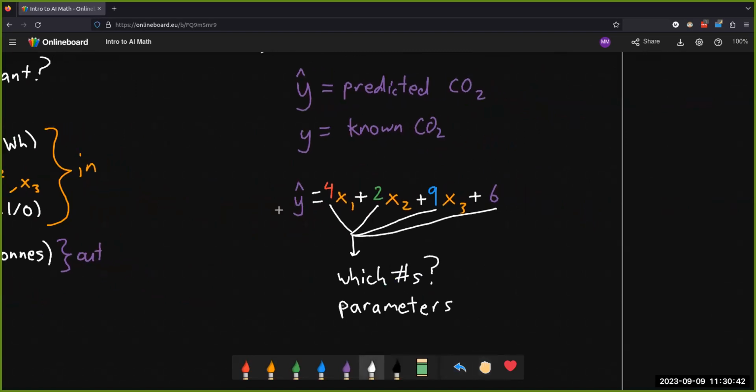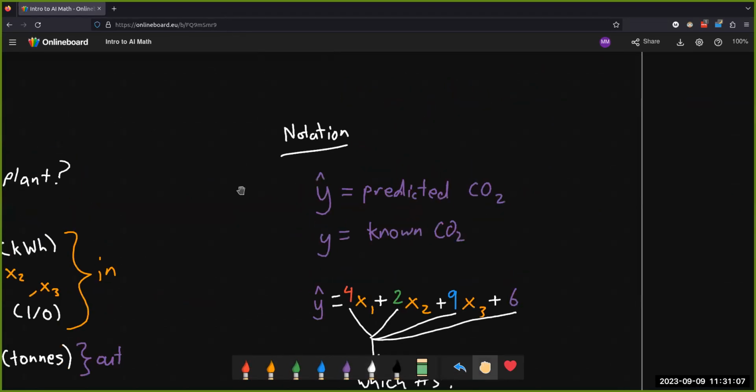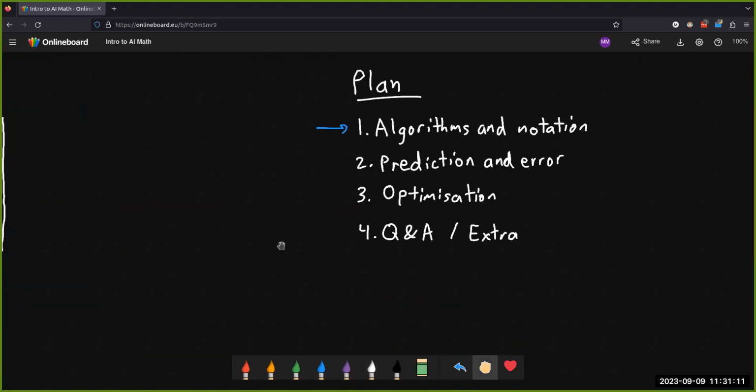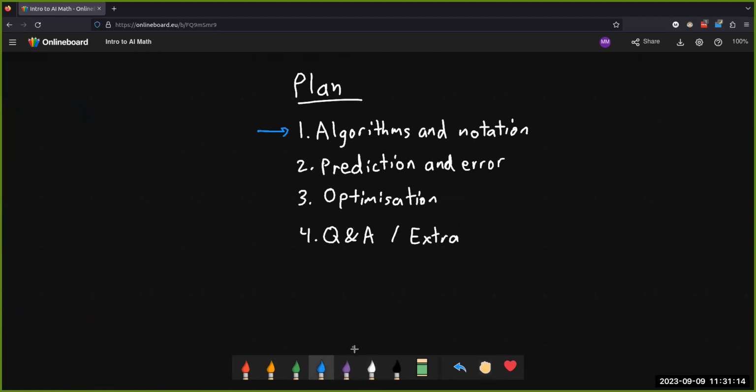So this is a key equation that we'll be using going forward. Anyone have any questions about this equation before we talk about how do we figure out how wrong the AI algorithm is? How do we help the AI algorithm make better choices for these numbers or parameters? So while you're typing out your questions, if you have any,